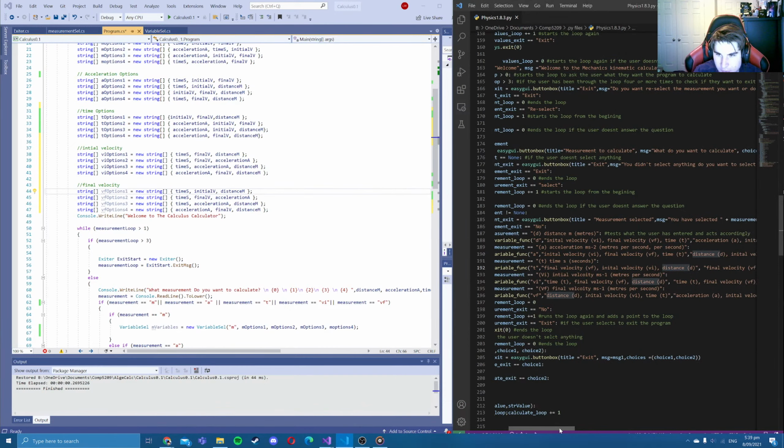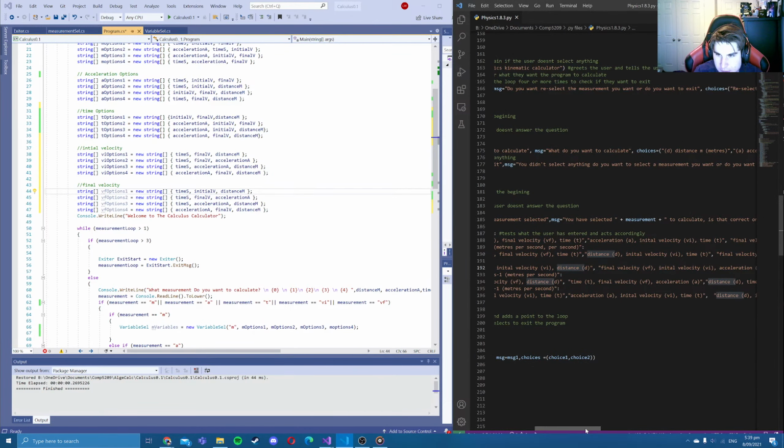Okay. Next is acceleration, initial velocity, and time. Okay, let's change that again to initial V, and then next one,